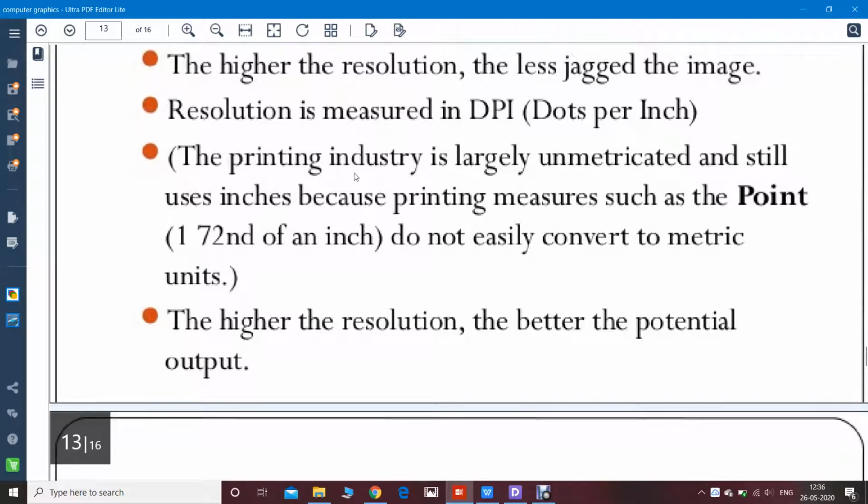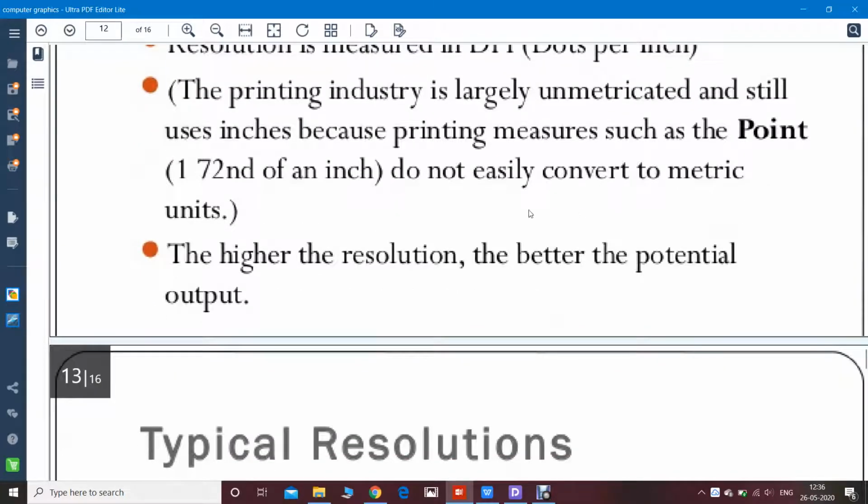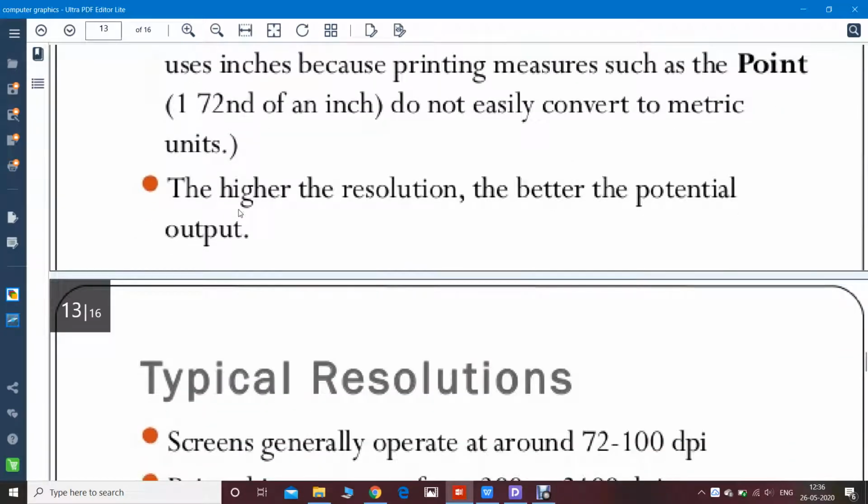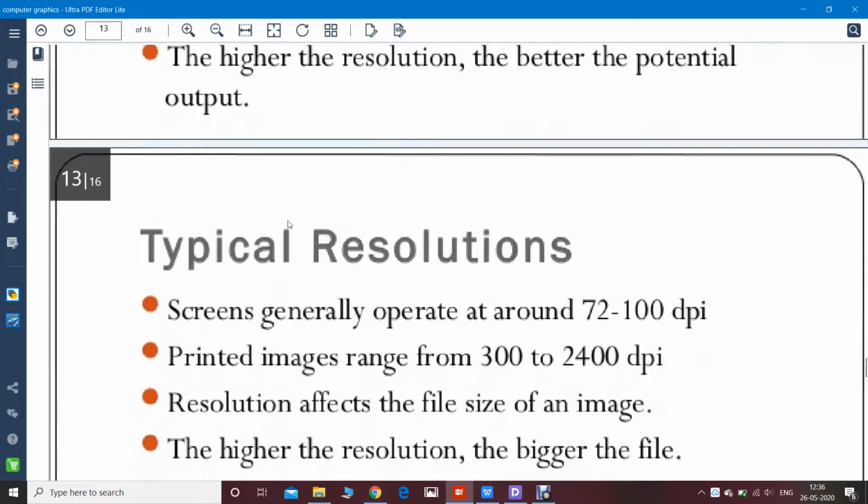The printing industry is largely unmetricated and still uses inches because printing measures such as the point, 1/72 of an inch, do not easily convert to metric units. The higher the resolution, the better the potential output.